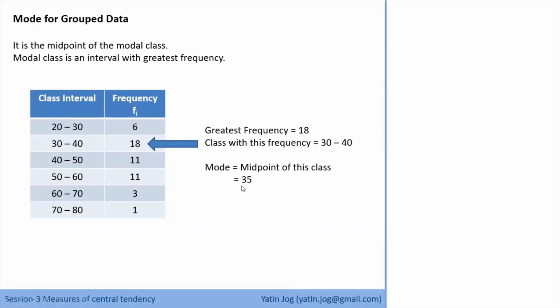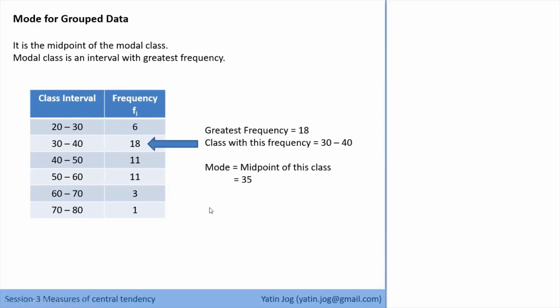Now again, there can be error in calculation. It may be possible that of the 11 values which I have between 40 to 50, 5 values are the same, all are 42. It might be possible. So we may not get the exact mode value in case of grouped data. And that's why we always say, whenever we try to summarize data, whenever we group data, we always lose some data. We always lose the original data. So as you go on summarizing data, you will keep losing some original data. So as per the definition, the mode for grouped data is the midpoint of the modal class, which is 35 in this case. So this is how you can calculate mode for grouped data.